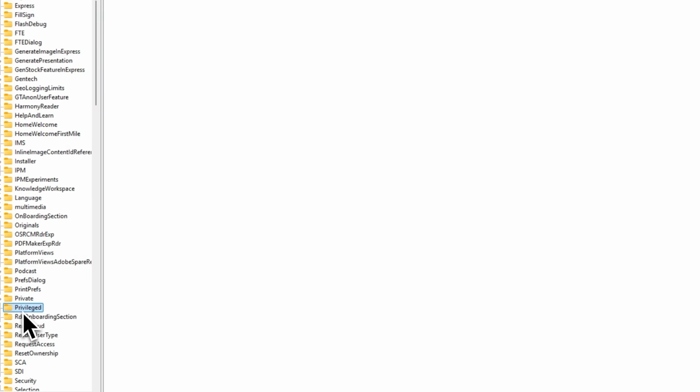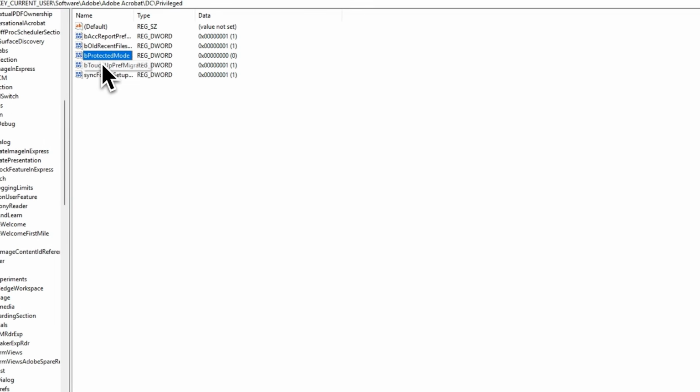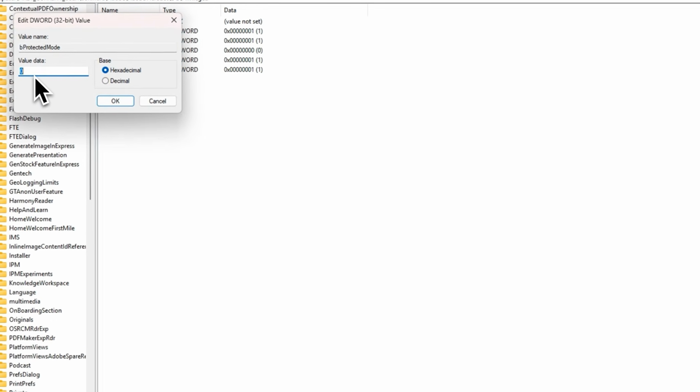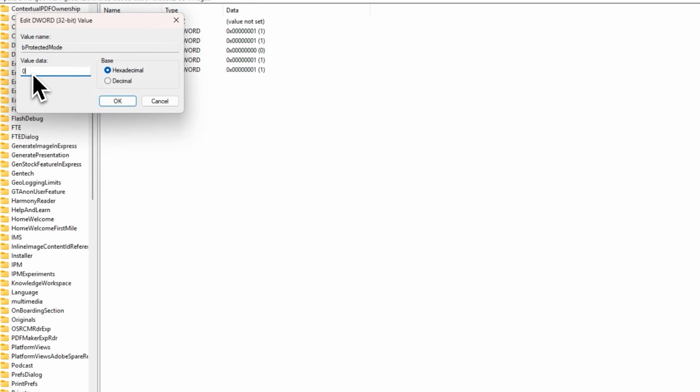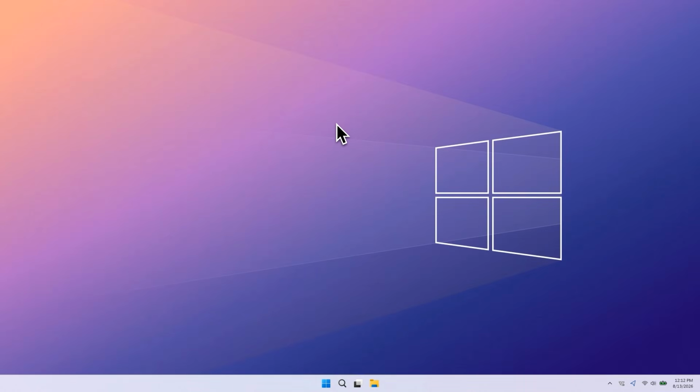Inside this folder, look for the value named bProtectedMode. Double-click bProtectedMode to open its value settings. If the value data is currently set to 1, change it to 0 and click OK. Once you've made the change, close Registry Editor and launch Adobe Acrobat again to test whether the error has been